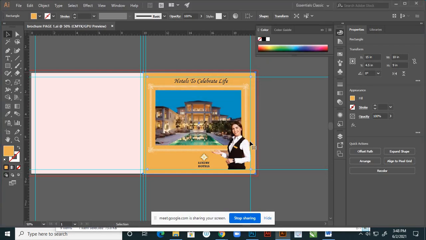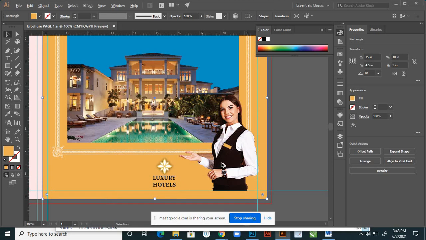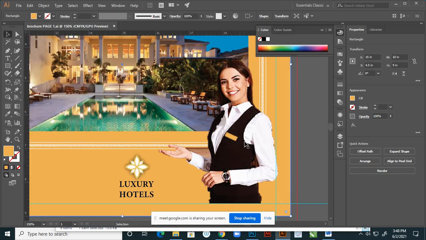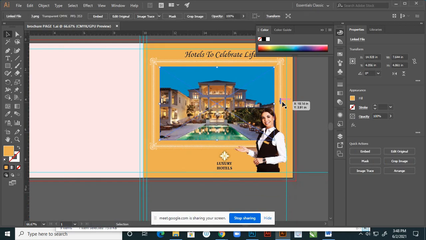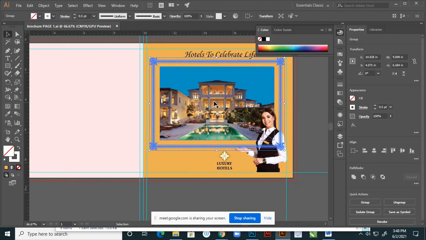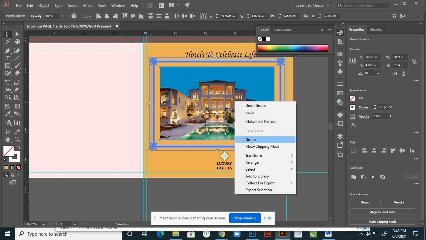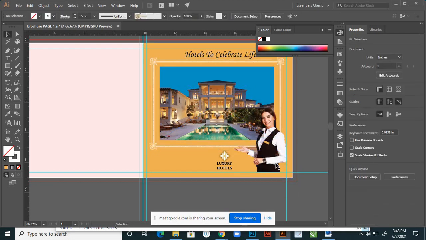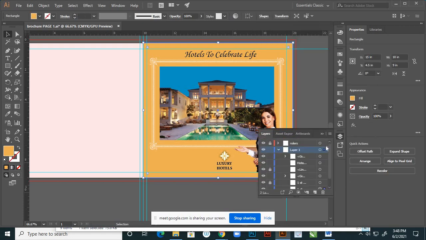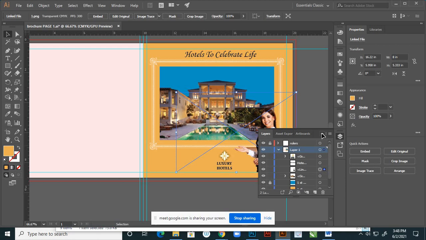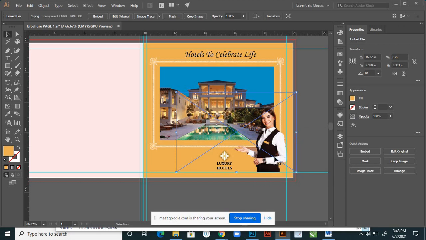Right. Here in this area, select this image, group these two, and select this photo, this image. I selected this one.